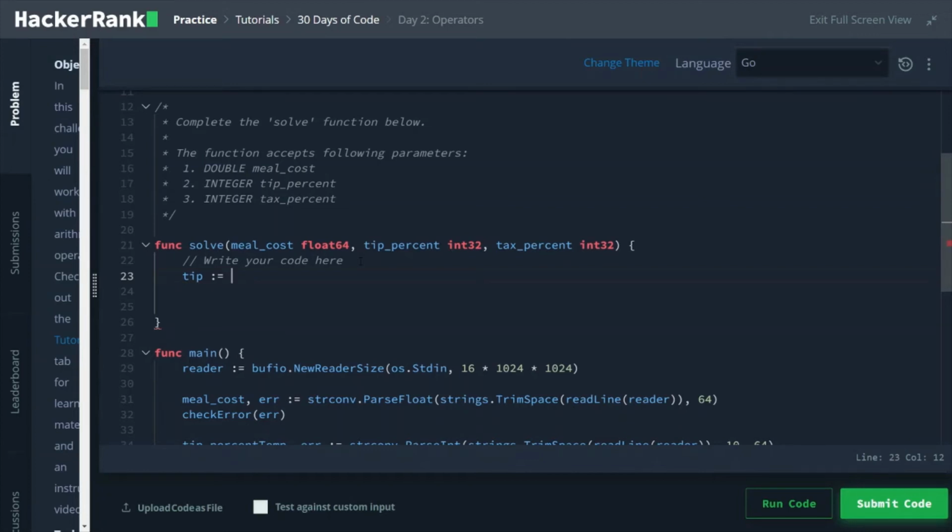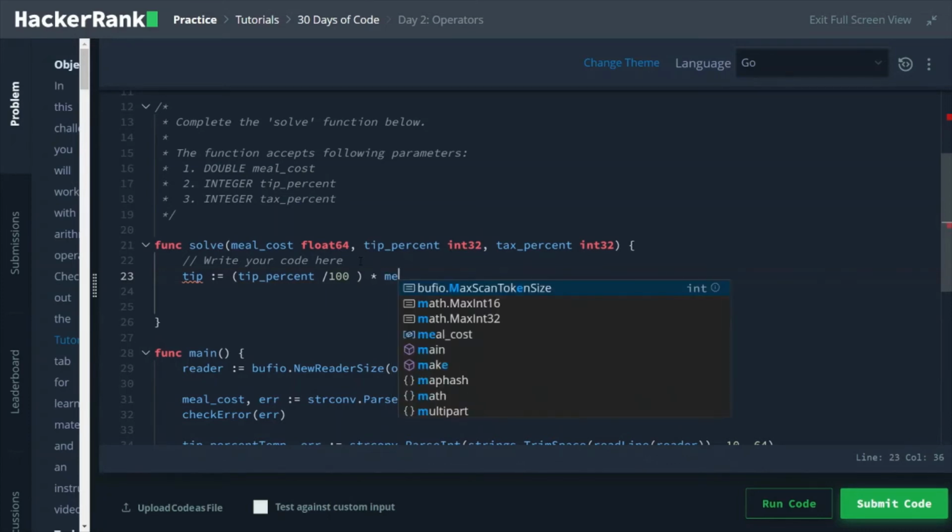This is the tip percentage, and it comes as 15, right? So we have to divide by 100, and you can put it in brackets so that it will be clear. We are multiplying by 100. This is not 100, this is actually the meal cost.